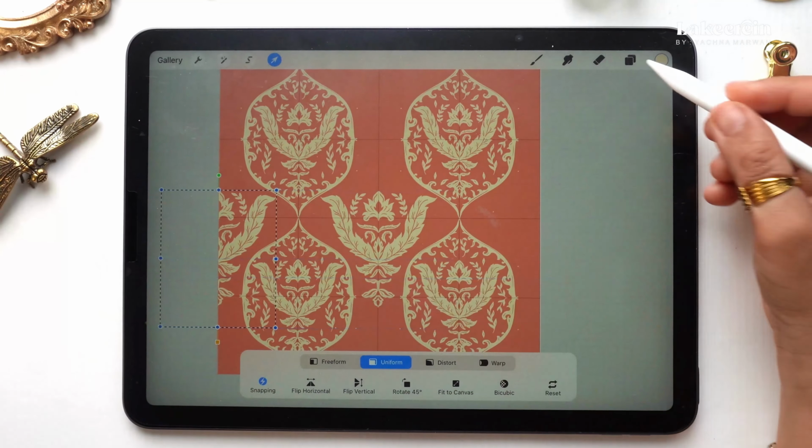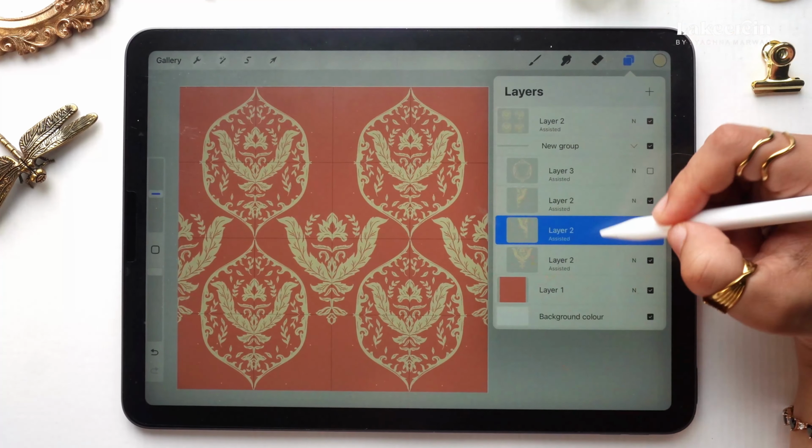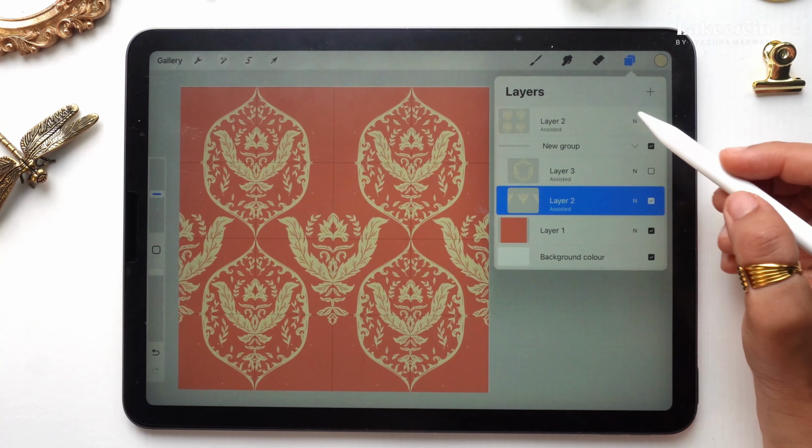So I just pick my pencil. Similarly, I'll duplicate and put it on the other side. This is how it is done. So we get something like this. Now we have to repeat the same thing here and here. So basically, I'm going to merge these three layers. We have three layers right now, one with only this part, one with the main part, and then one row of this element.